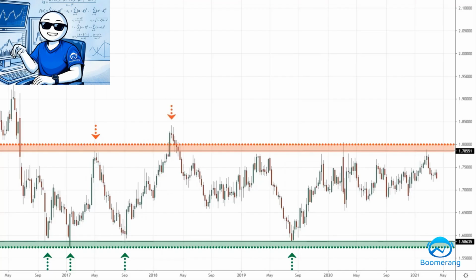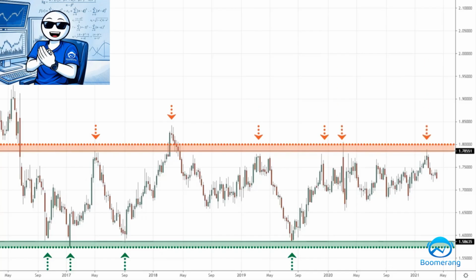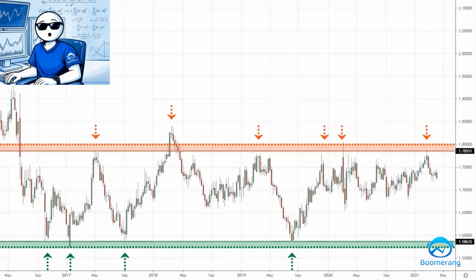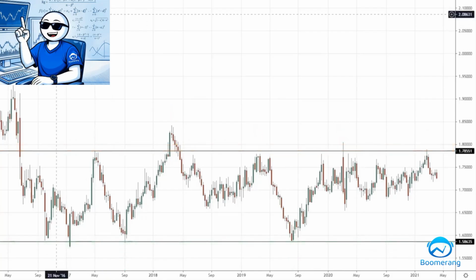Okay, so another one over here, almost touching, then it broke out, went back in the range again, and then this was almost near the peak and then went back into the range again. So this is why we are dealing with an area. But the reason why I draw support resistance as lines is because it's my habit. It's something that I've been so used to doing. But if you don't want